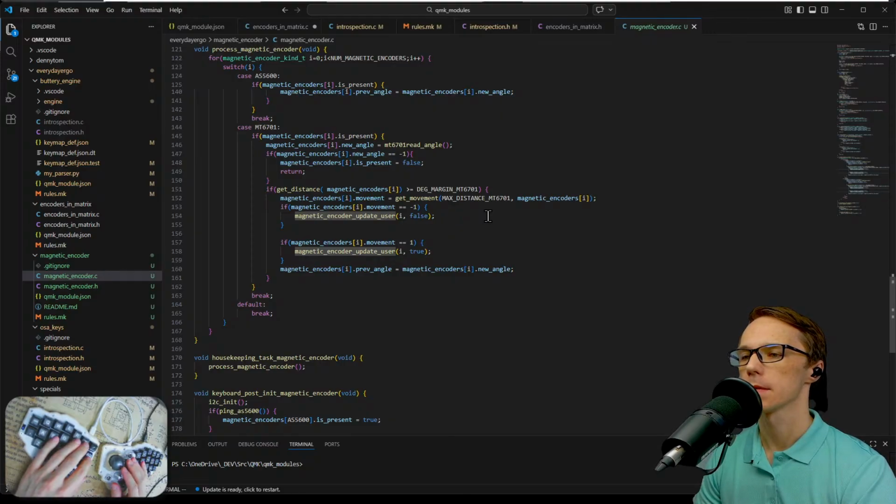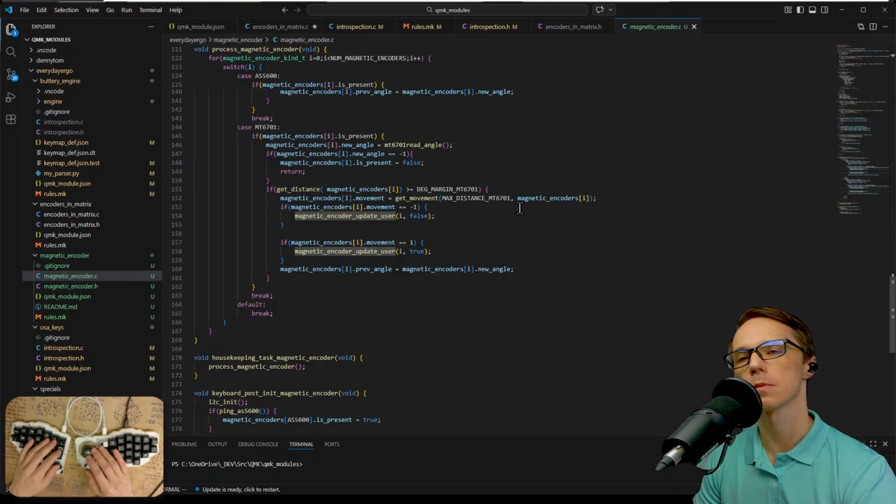Now when I look at it, maybe I should consider merging magnetic encoders and encoders in matrix into one file. Would that make sense? Because then we could have the same callback for all of this stuff instead of duplicating the code. Okay, for now,